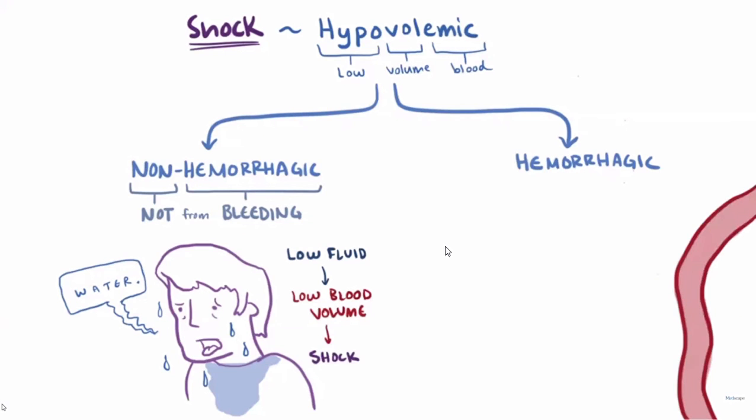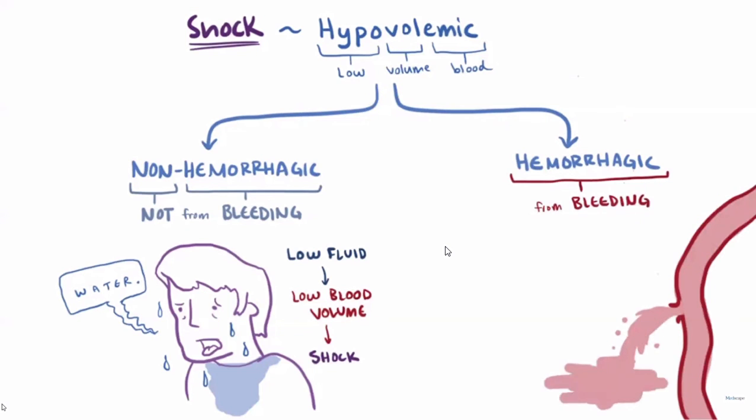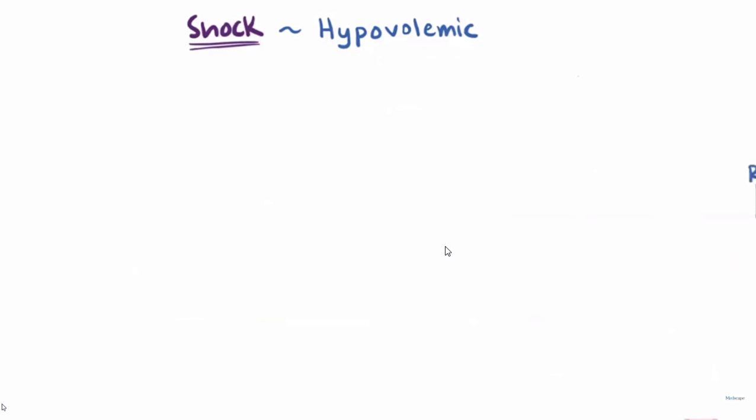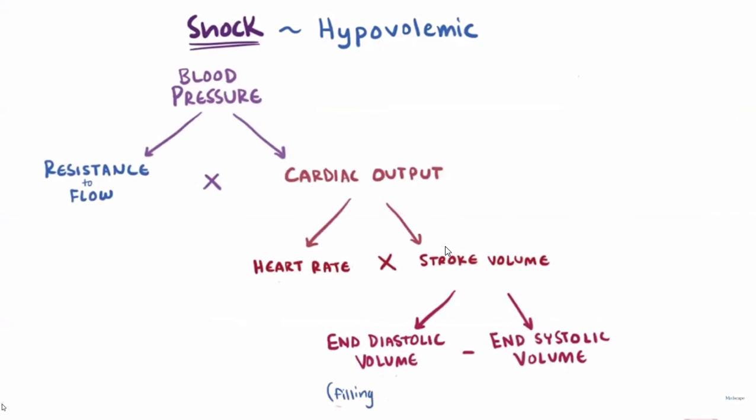Hemorrhagic hypovolemic shock, on the other hand, is loss of blood volume through ruptured blood vessels, in other words, from bleeding. A loss of about 20% of your total blood volume, roughly 1 liter, can be enough to induce hypovolemic shock, and when that liter of blood leaves the circulation, the total volume filling into the heart goes down, meaning the end diastolic volume goes down, right? This means stroke volume goes down as well, which causes cardiac output to go down,